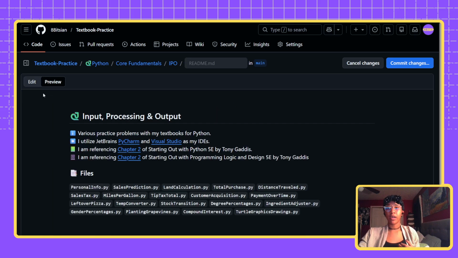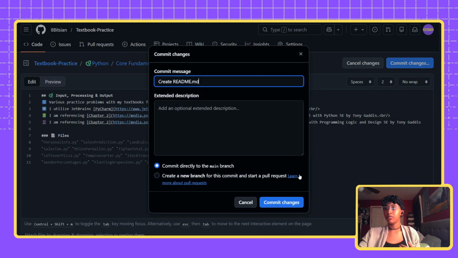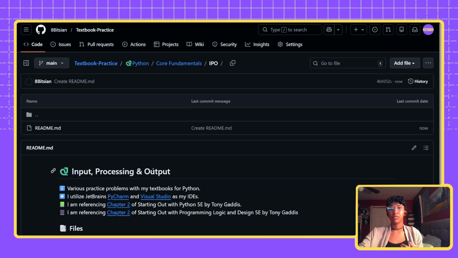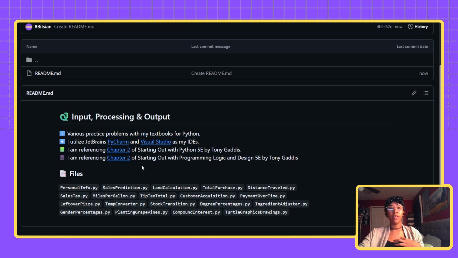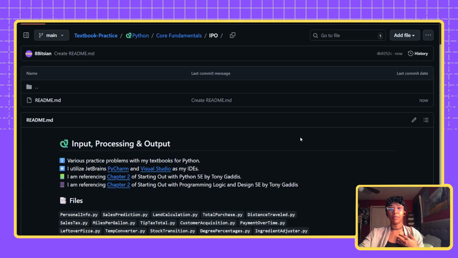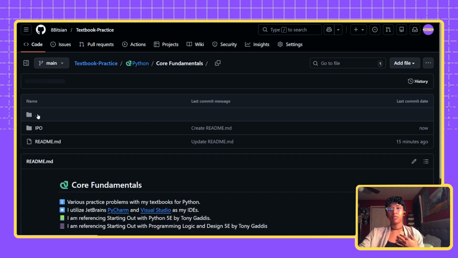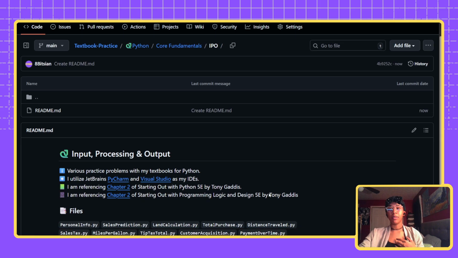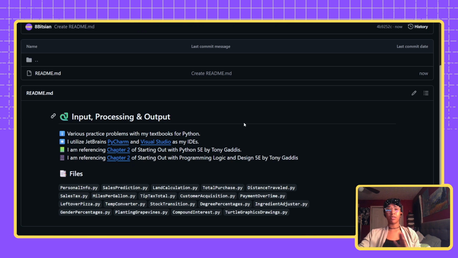So these are all the files. Yeah. Great, readme. So now we are an hour, 24 minutes into this. Set up core fundamentals. That was just for IPO. So this is just input, processing, output. This specifically references chapter 2, and that's where you get all of these files. So now